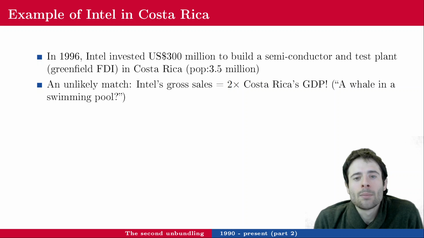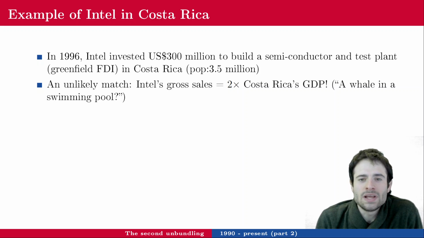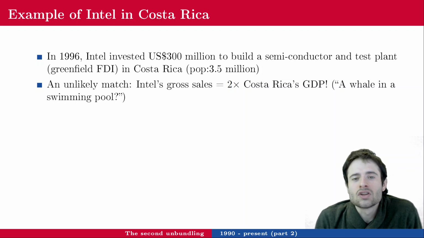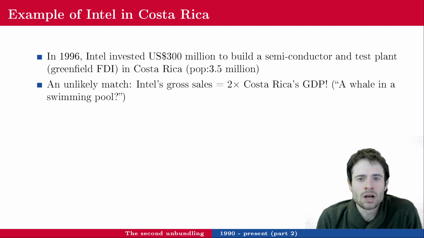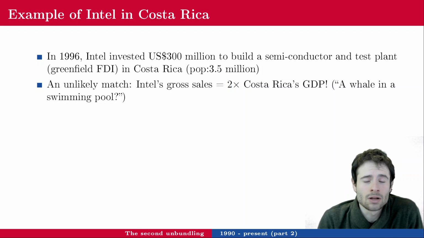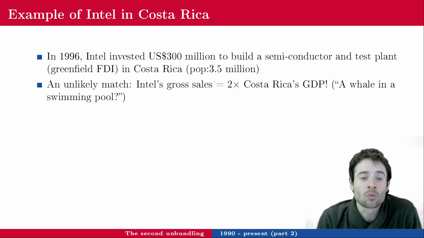This is still common every now and then, to have huge companies' sales or profits being equal to the GDP of some African countries. If you think about Benin or Burundi, these countries have a rather low GDP compared to the sales or profits made by Google, Facebook, and so on.